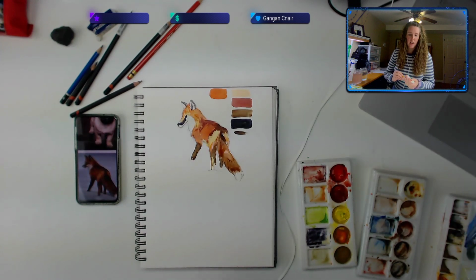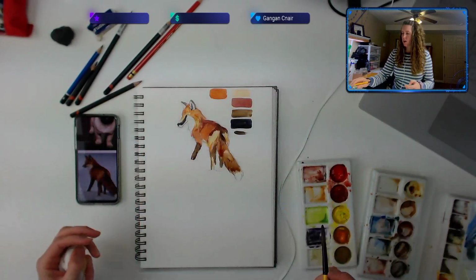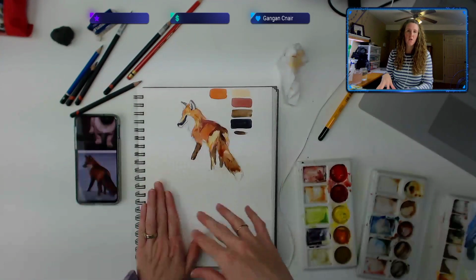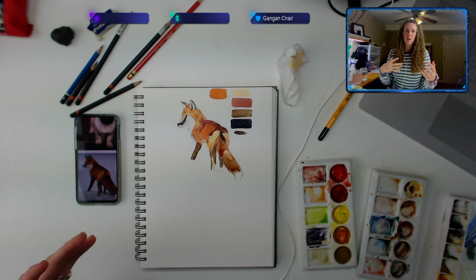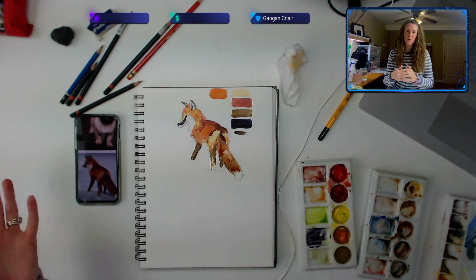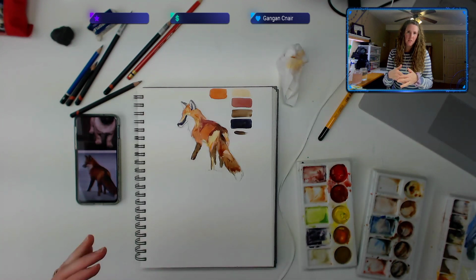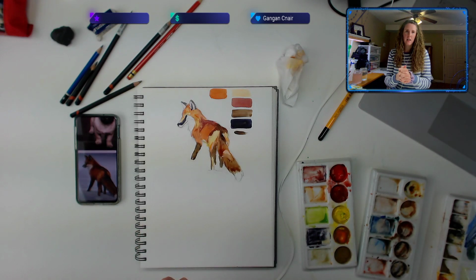And if I even had more than one figure, I would do the same thing with all the figures. I go in and just do shapes for everything. That way I can see before I really start going in with details if somebody's going to be too small or too large. And it really helps me to save time and make sure it's accurate and exactly how I want it before I go in with those details